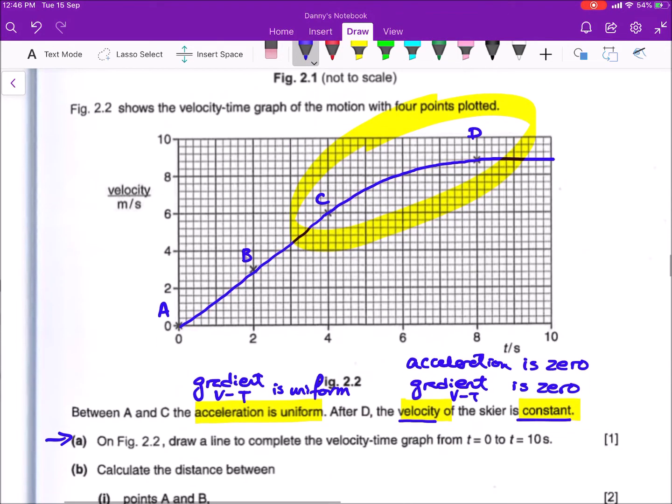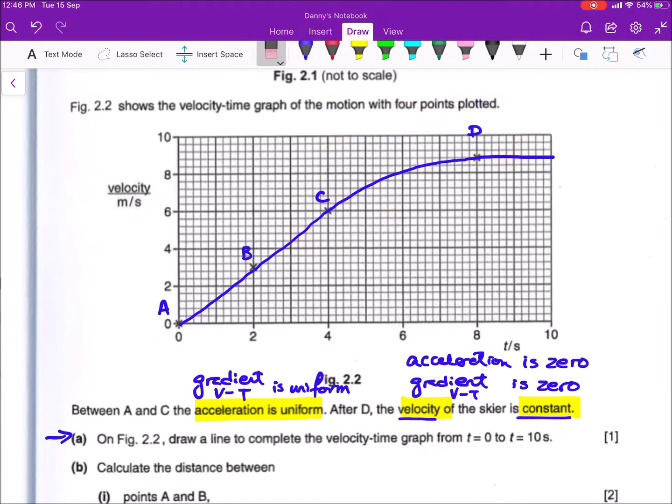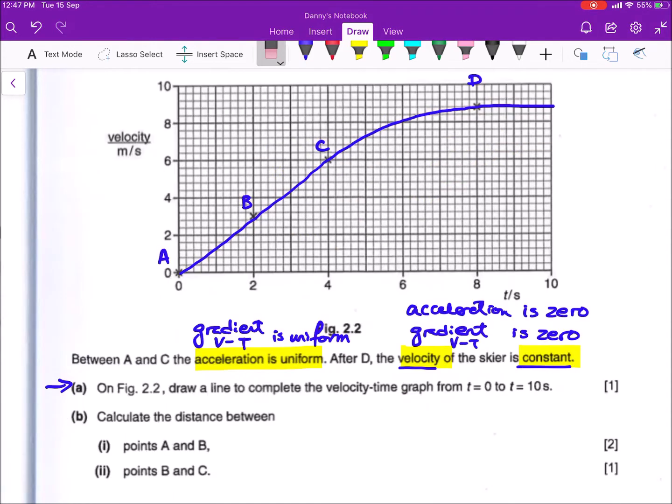Yeah, and that's it. You just finish sketching your VT graph and you score 3 marks. Okay, moving on to the next part, you are asked to actually find the distance between point A and B. And basically, to get the distance, you just need the area under your VT graph. So between A and B, it will be given by this triangular part, because down here it will be a